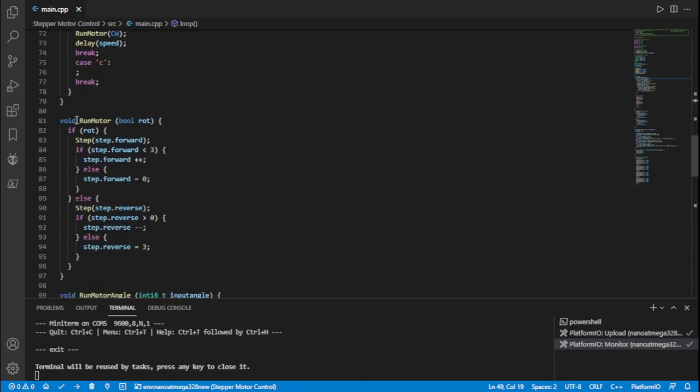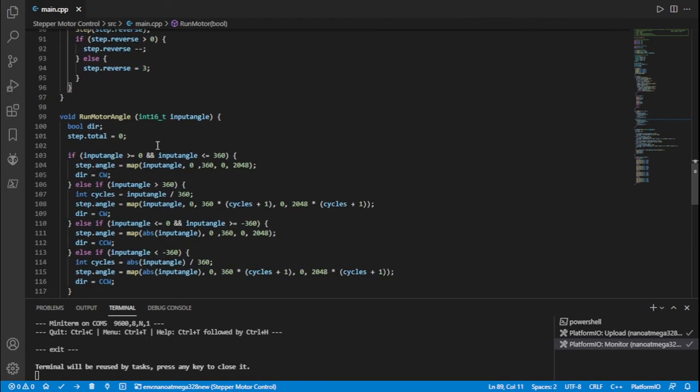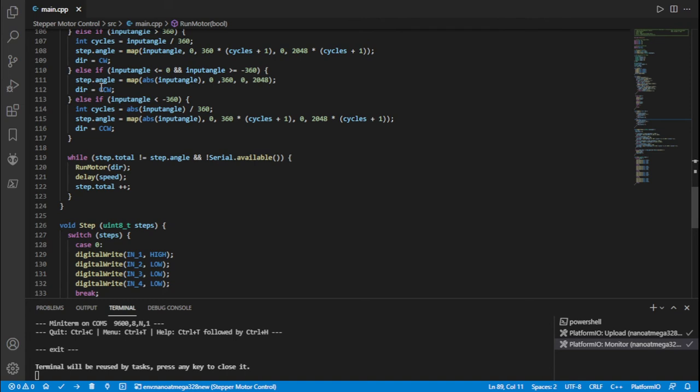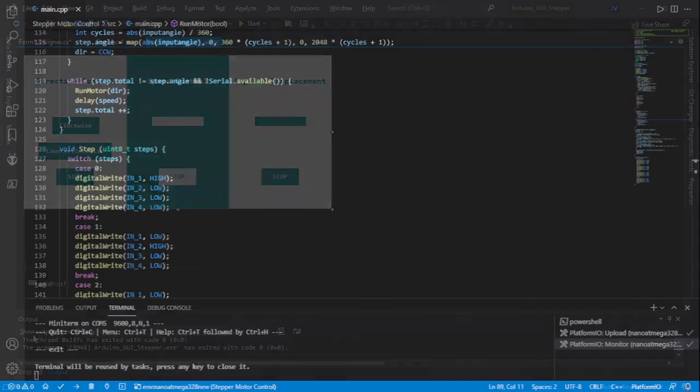Now if you go here to our run motor, again we have all this step.forward, step.reverse for the direction, and the run motor angle, which we just discussed in the previous part, and again the void step. Okay, so if we go to our Visual Studio,